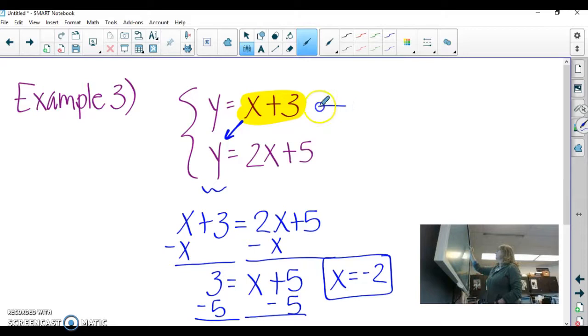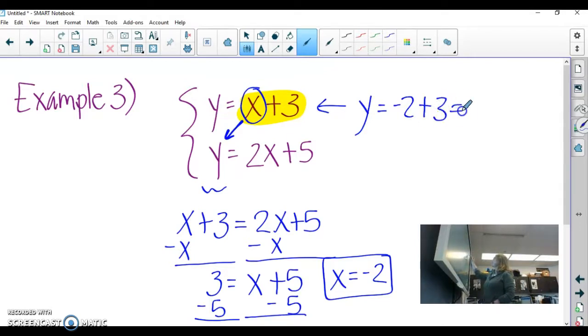To me, number 1 looks a little bit easier, so I'm going to plug in negative 2 in place of this x right here, plus 3 to find y. Negative 2 plus 3 is 1. So my y coordinate is 1. So the solution to this problem is